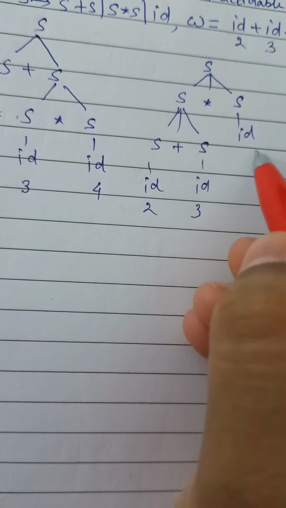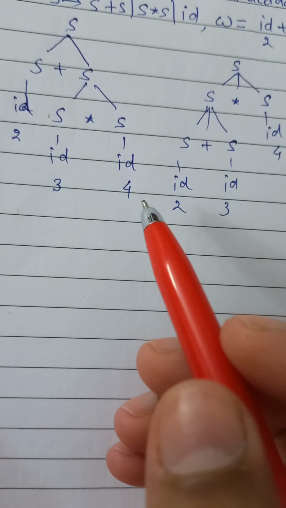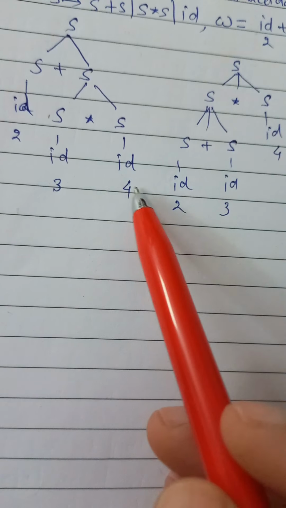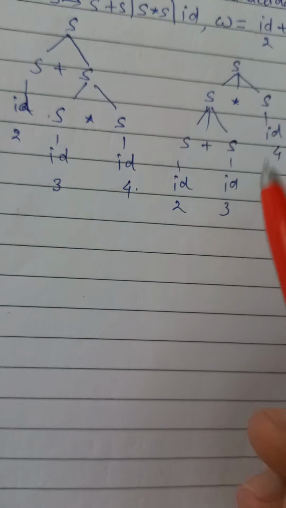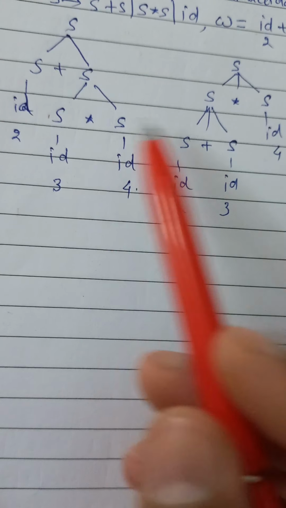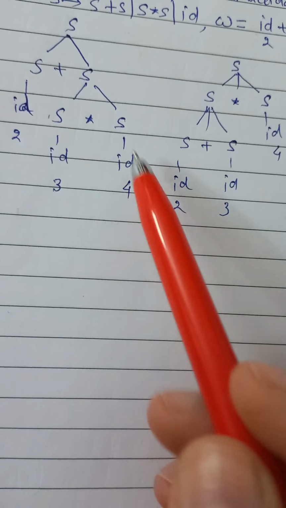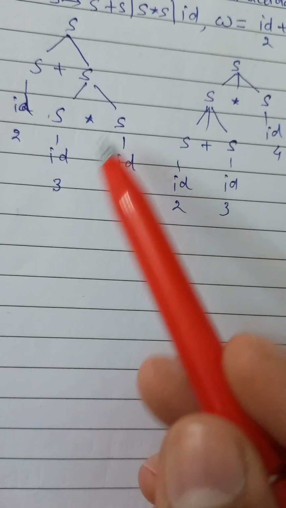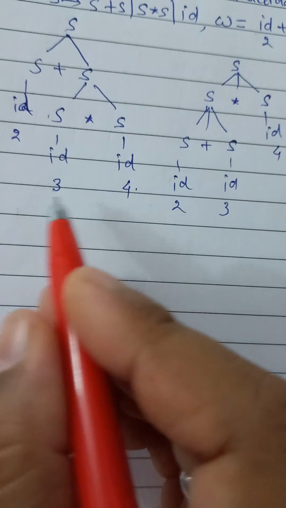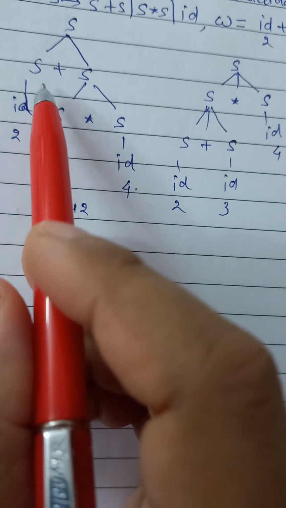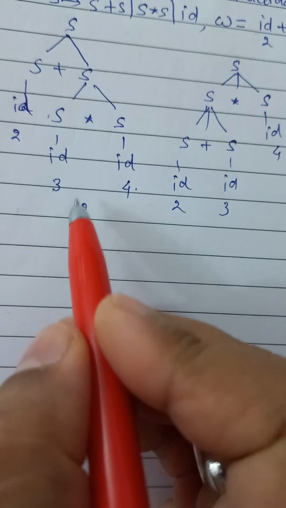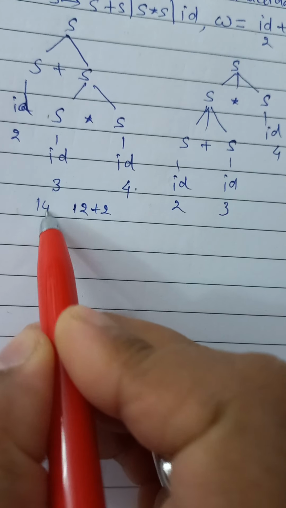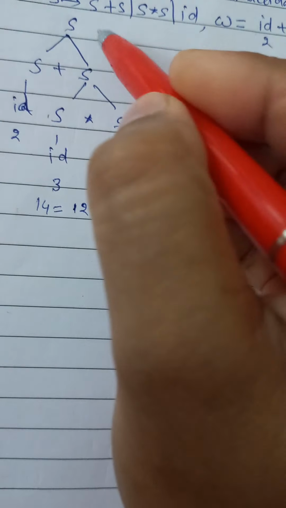Now let's solve these two parse trees. We are going to see with an example, with the proof, how the grammar is ambiguous. Here we have id values 2, 3, 4, and here also we have 2, 3, 4, but we can see here is a star or multiplication and here is plus. We solve the parse tree from bottom to top. So first we solve this: 3 into 4 is 12, and 12 plus 2 will be 14. It will be 14 from this parse tree.